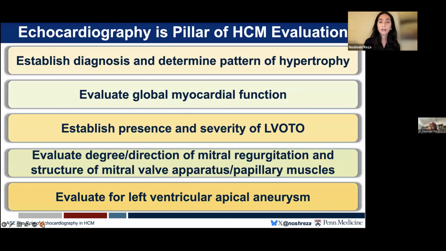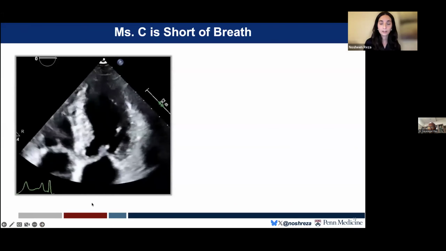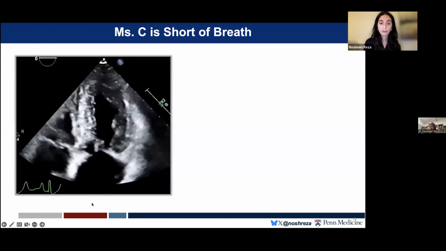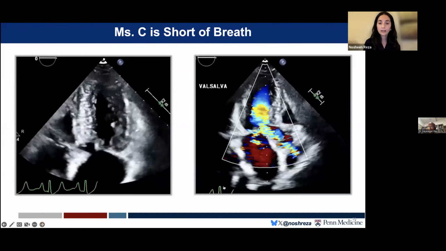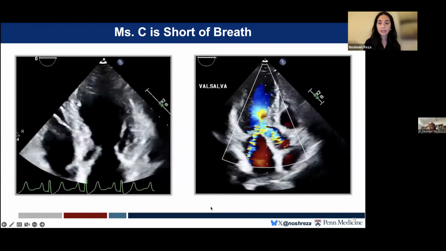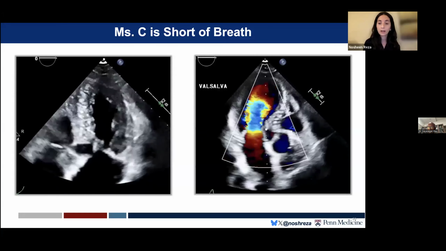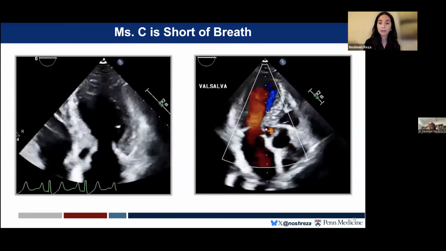So let's return to our patient, Miss C. Here I'm showing you a representative image of her echocardiogram. And as you can see, she's experiencing systolic anterior motion of the mitral valve, as you can see there, a hypercontractile appearing left ventricle. And then when we add color Doppler, we're able to see turbulent flow in the left ventricular outflow tract, suggestive of left ventricular outflow tract obstruction there at the level of basal left ventricular septal hypertrophy and the area of